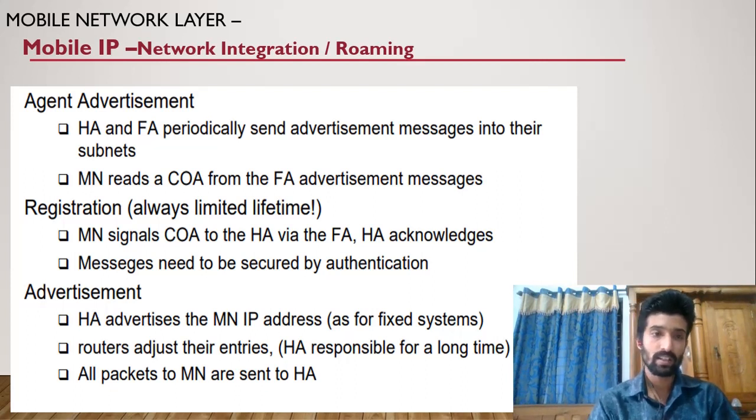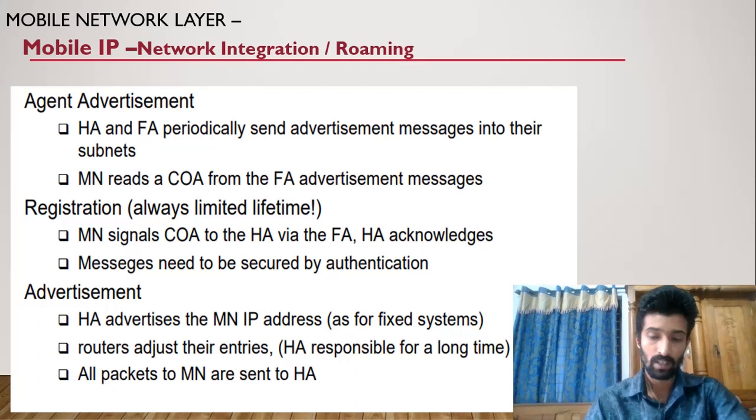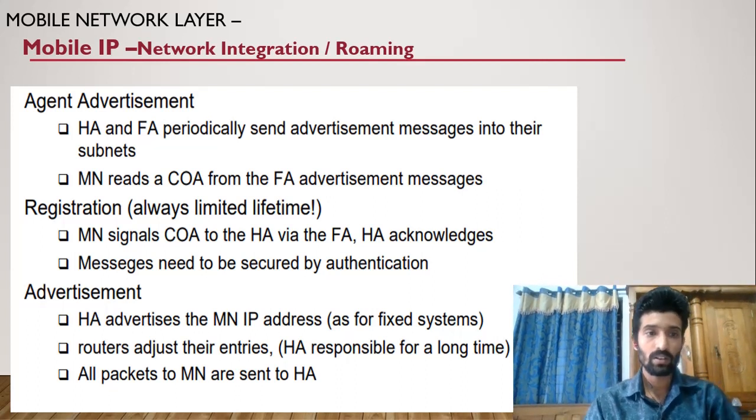First of all, we'll consider a case where the mobile node is coming to the home network. Then it is very clear that the mobile node can directly communicate with the home agent and register itself into the network. Now we'll take another scenario wherein the mobile node is moving from some network to a foreign network. At that time, the first step is to register to the network. For registering, it has to communicate with the HA. So how can it communicate with the HA? We will see that based on these three steps.